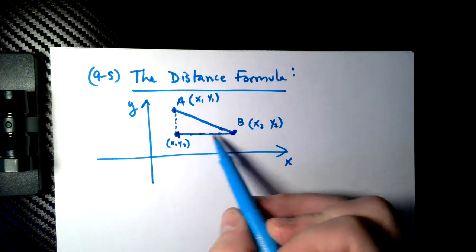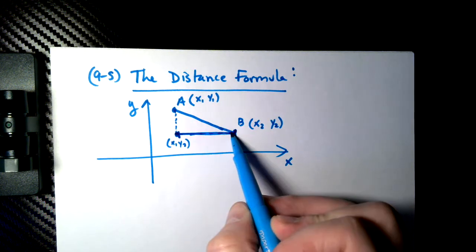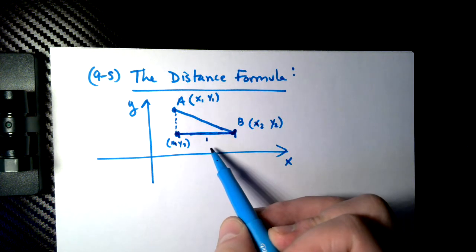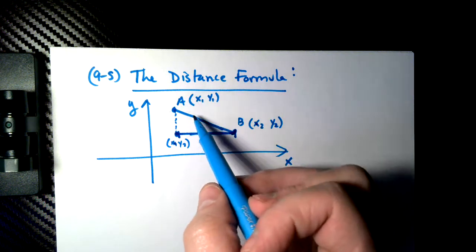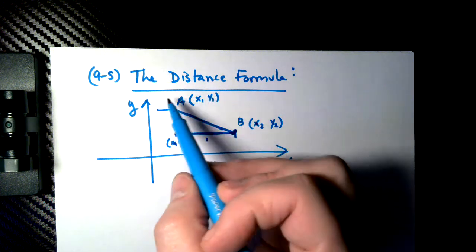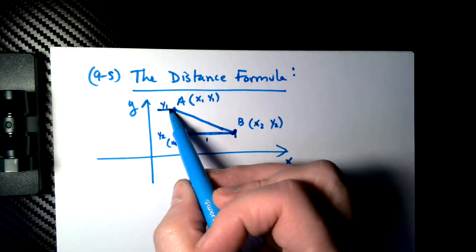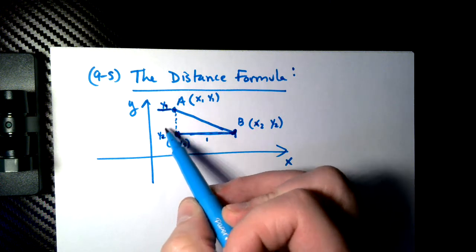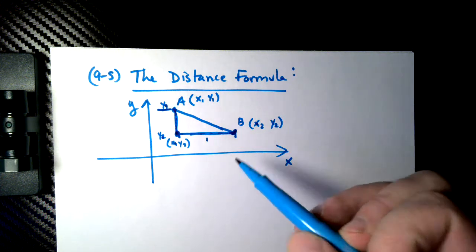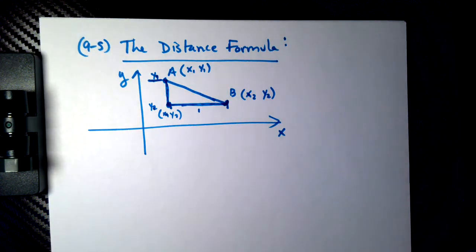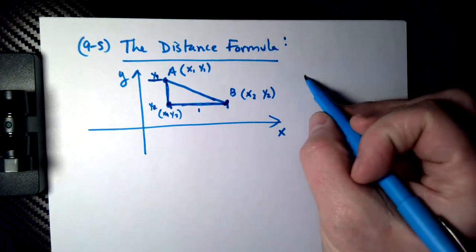So from X1 to X2, if I took this number minus that number, that would be here. And for the Y's, this is as high as Y1, and way down here is Y2. This is a bigger number. If I subtract this from this, I'll have this number. That's where the distance formula comes from. You don't really need this whole diagram. If they want to know what is the length of A to B,